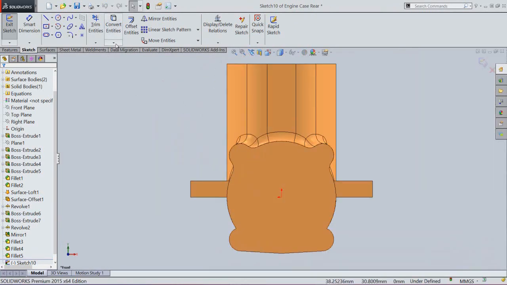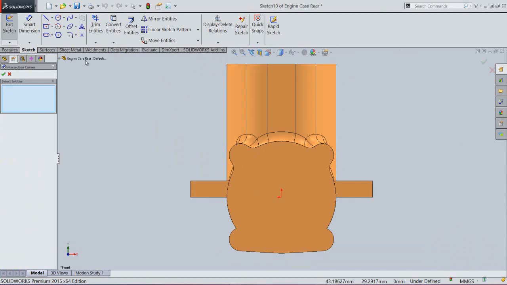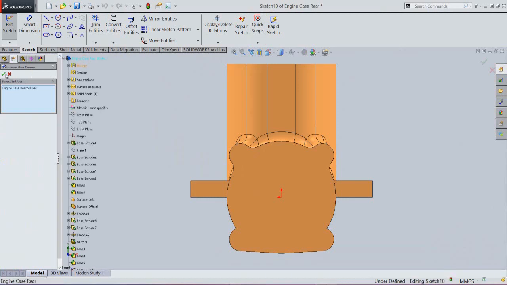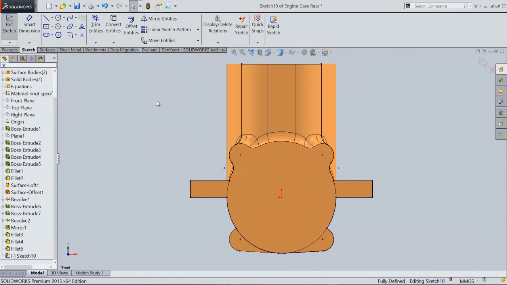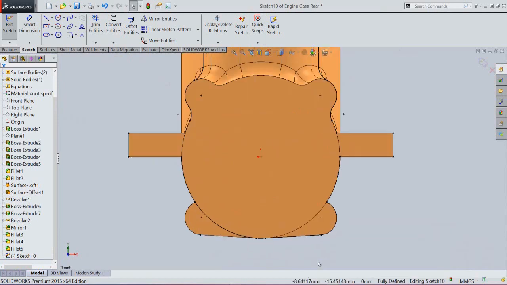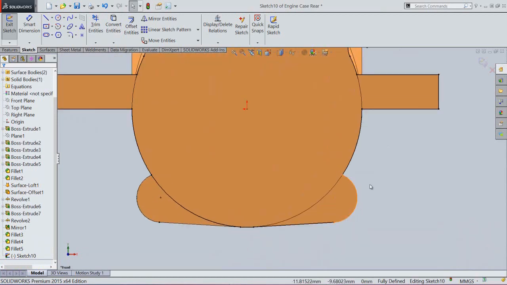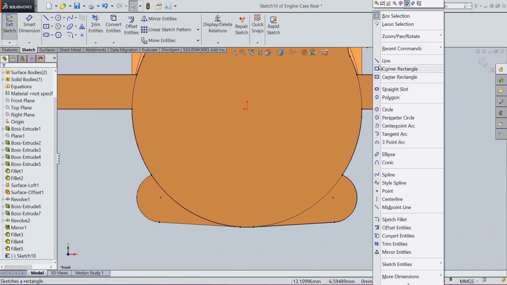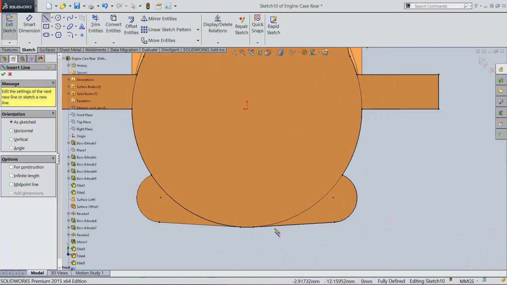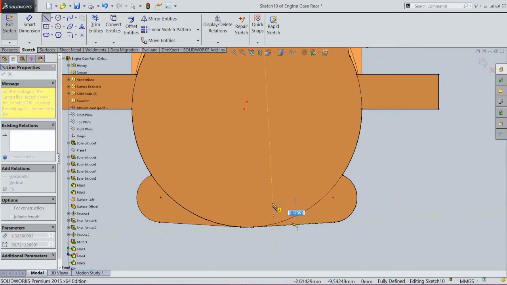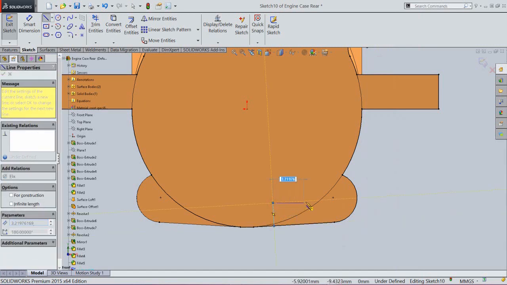Activate the intersection curve command and select the through all body. Create a sketch profile, something like this.